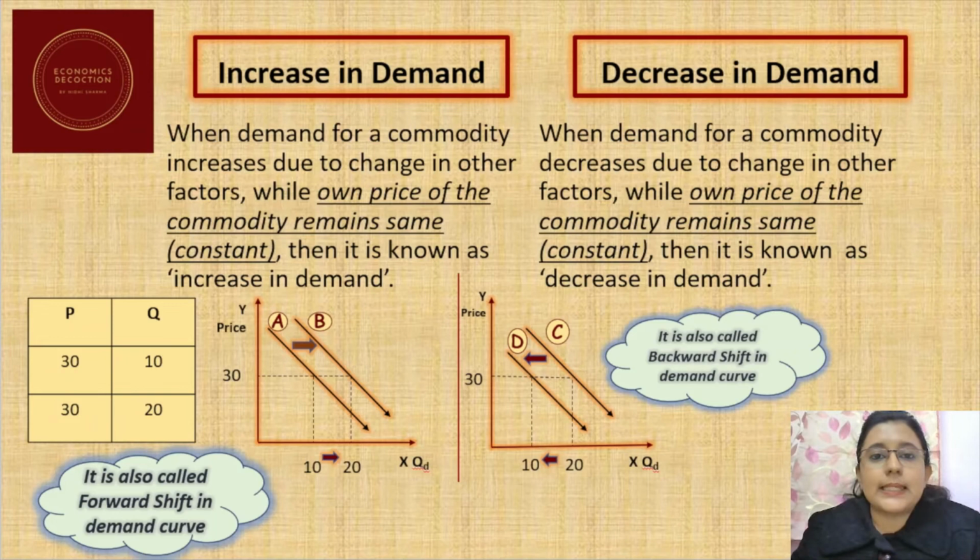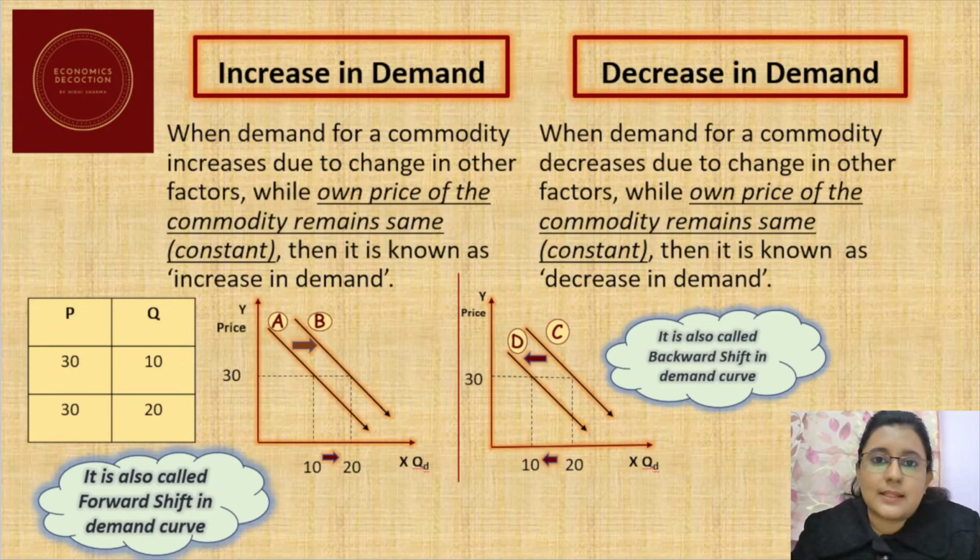So we can see here that the price was kept constant at 30, it did not increase, but still there was a decrease in demand, that is due to change in tastes and preferences. So in both these examples, we could see that the price was kept constant, but still there was a change in demand, either an increase in demand, that is due to the advertising campaign, or a decrease in demand, that is due to change in taste and preferences.